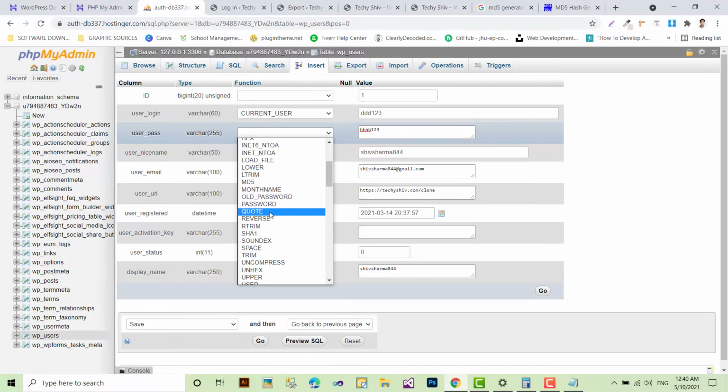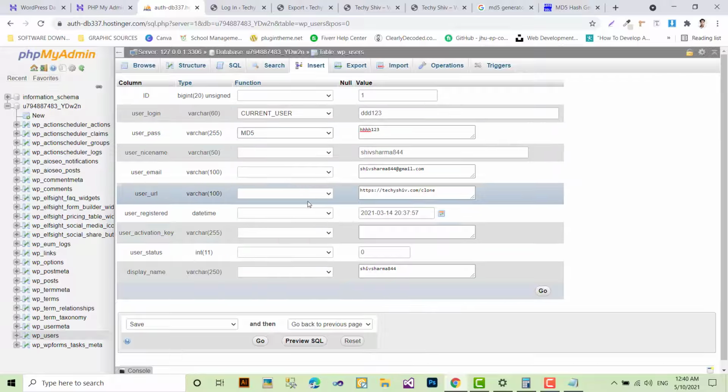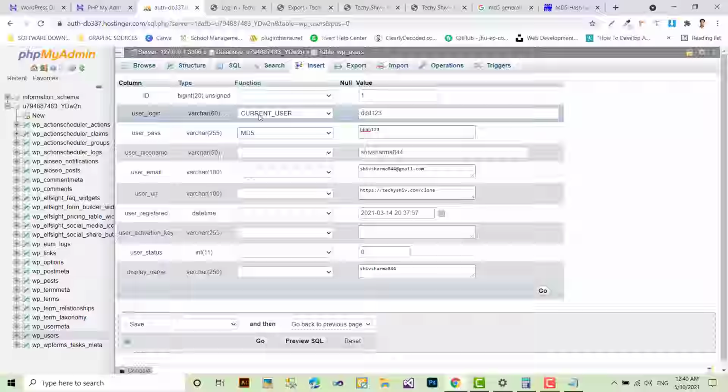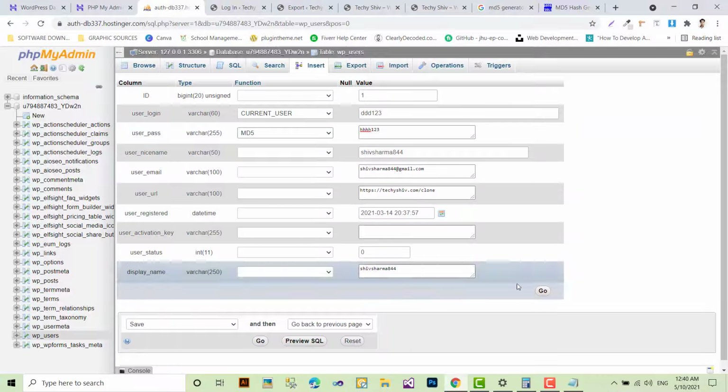Where is MD5? Yes, this one. I'm changing this one, current users. Let's do it.